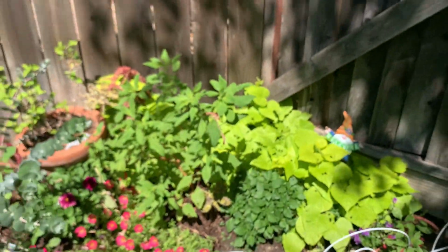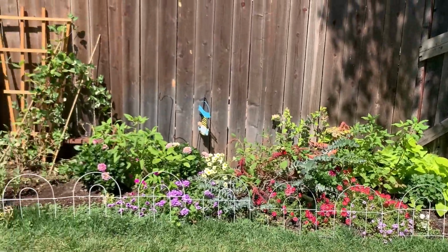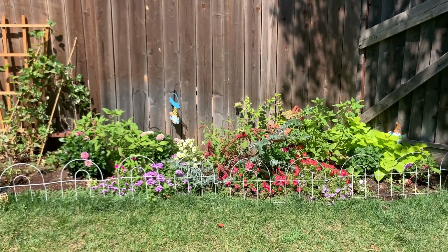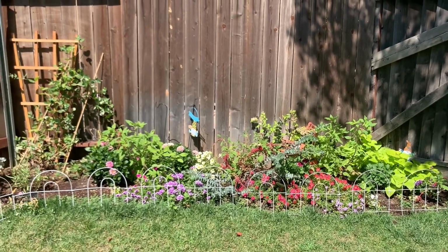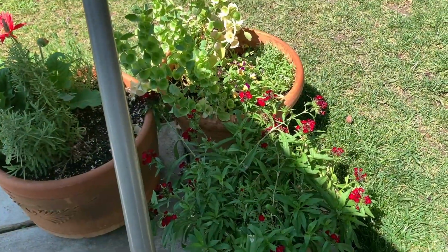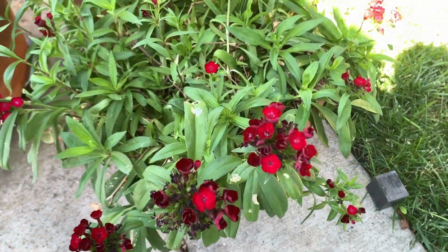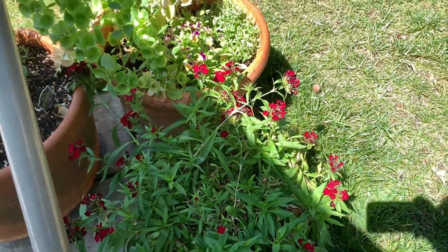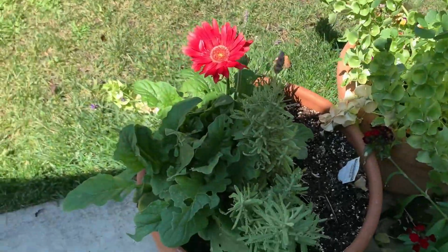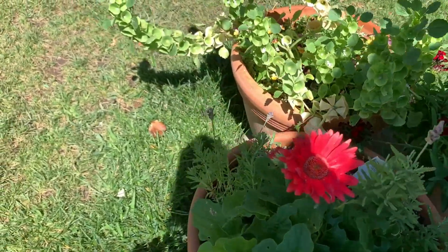And then, so this is my corner. This is the most recent corner that I've been working on, and I just absolutely love. And to move on to my pots, I have my dianthus, my little tiny carnations, which I absolutely love this deep red color. I love lavender, so I have an English and French lavender in here,